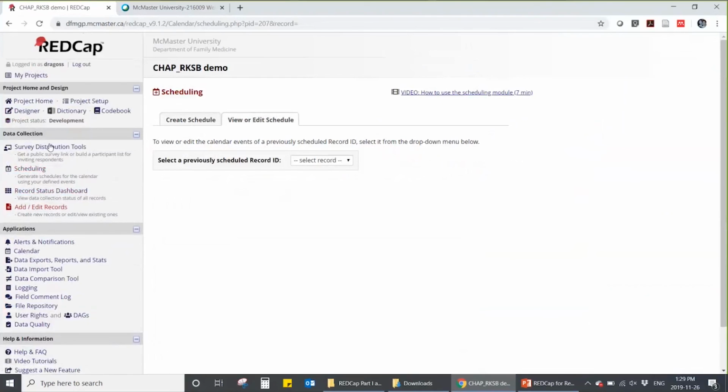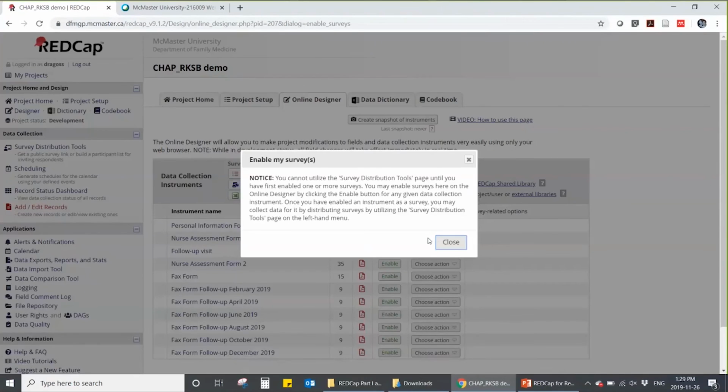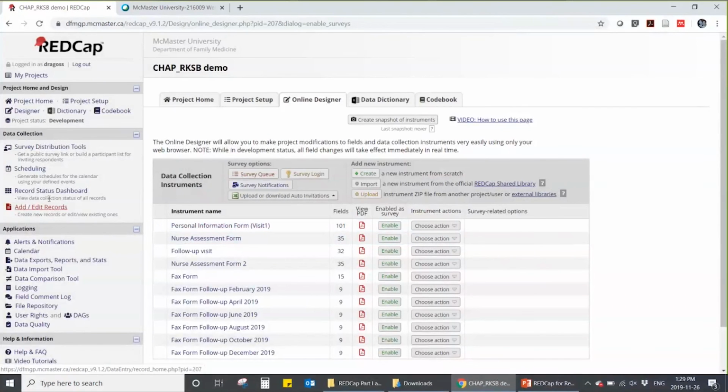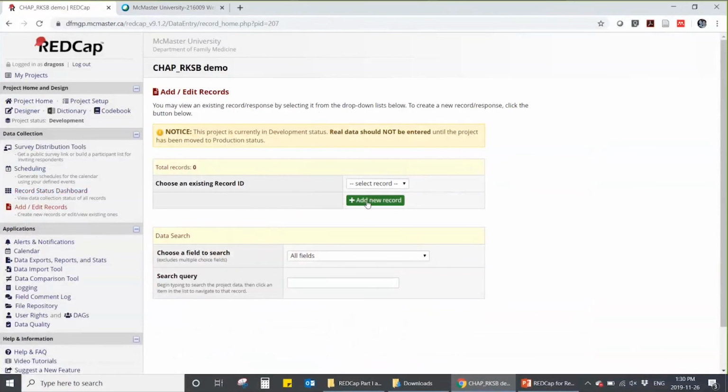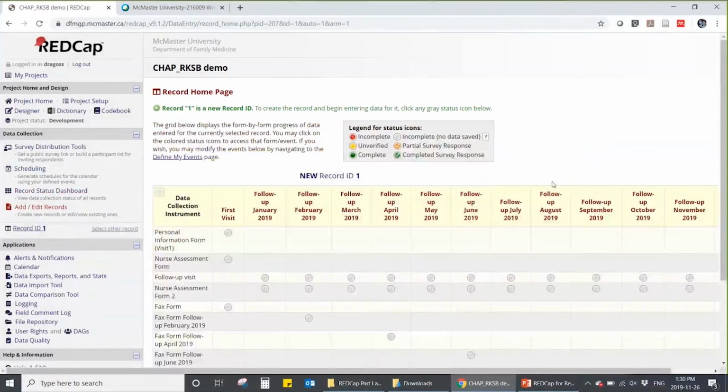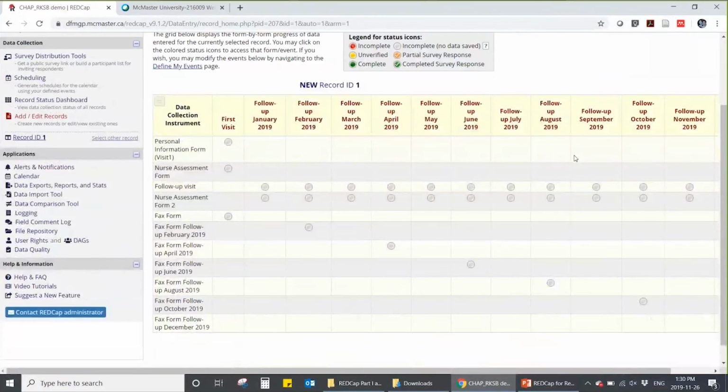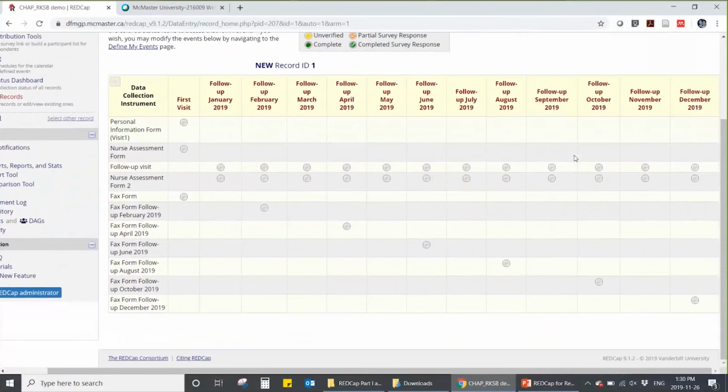The only thing with the scheduling module is that I don't think it works with blank participants, so we won't have that. You can't schedule because you have to place participants in there, and then you have to schedule when. Right. Is the scheduling fixed, as in you schedule it for January 13th, 2020, or is it relative, like can you say 6 months after